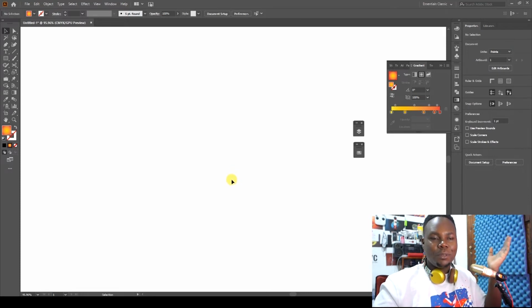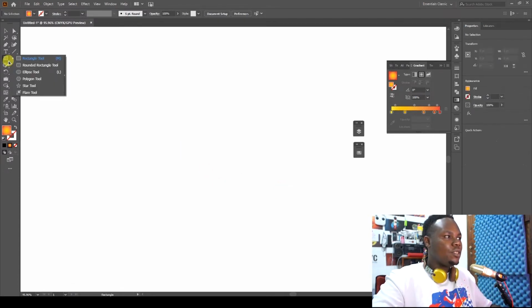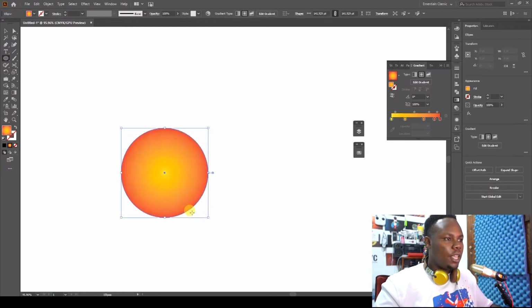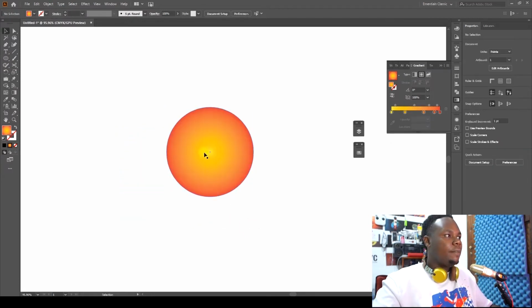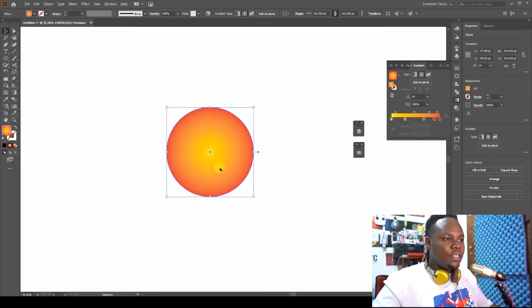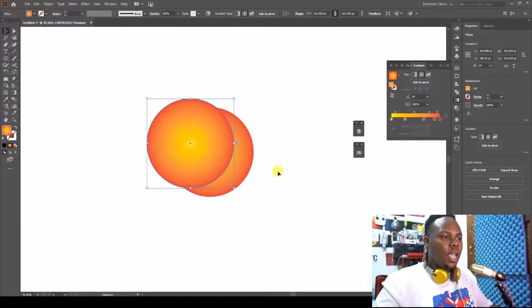We're jumping to another tool. It's called the shape builder. Some of you guys know shape builder. Well, it's close to Pathfinder, but a different scenario. Now I'm going to take my shape here. It's called an ellipse. I'm going to drag my ellipse shape somewhere there. After that, I'm going to duplicate this shape and bring it somewhere there. I'm going to make something like a